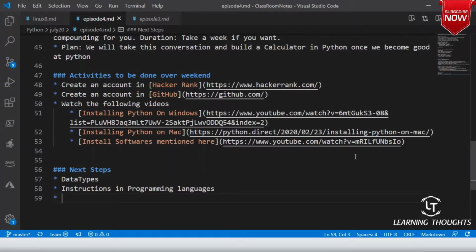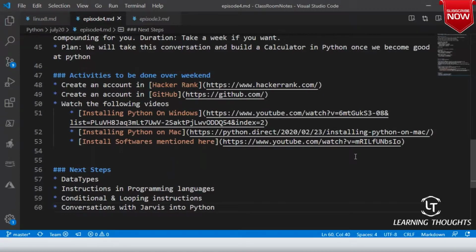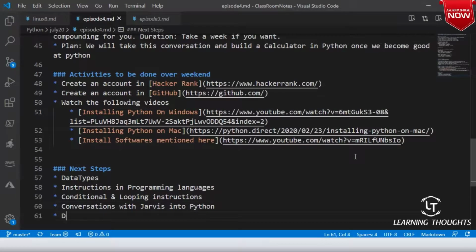Then we will look at conditional and looping instructions, and conversations with Jarvis into Python. This will be fun. Then we will try to understand a very important aspect of programming, which is called debugging. So these will be our next steps.